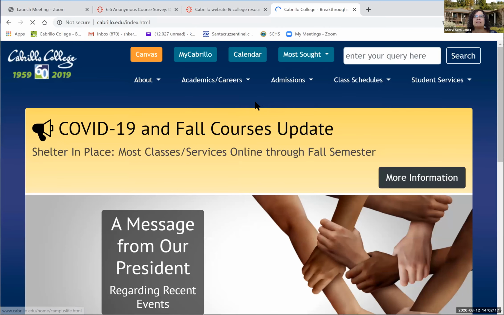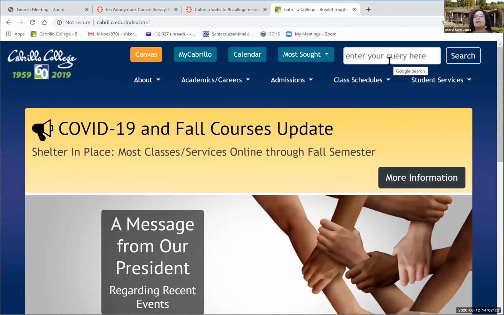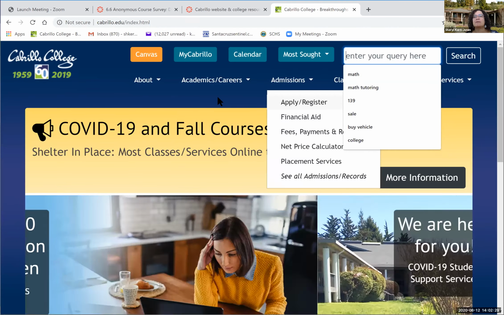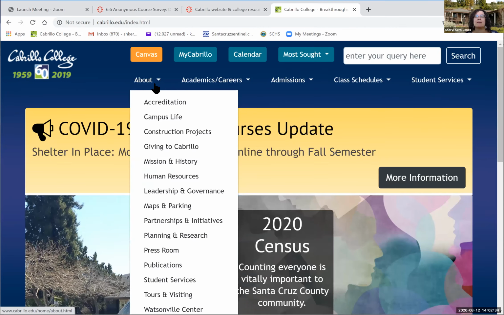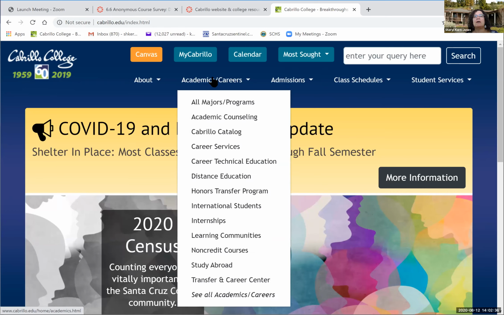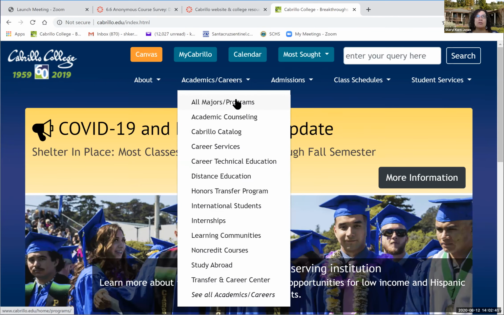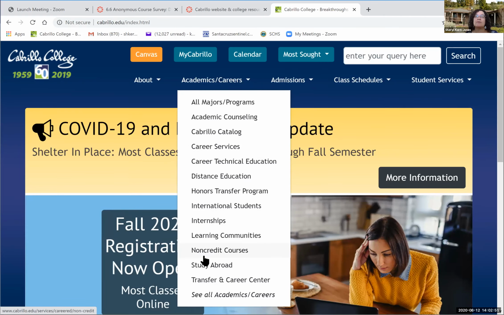Going back to the main site, I can search for anything here. So anything you can't find or you don't know what it's called, you can just search here and look for it. You'll get a list of options. Here's information about the college, maps and the mission of the college, academics. So if you want to look at all the different possible majors and programs at the college, you can find that here. Career services, learning communities, and non-credit free courses,